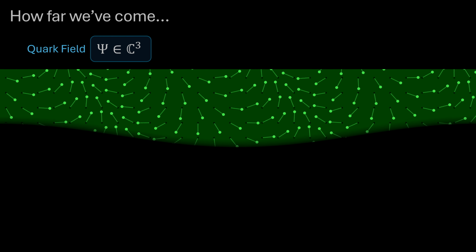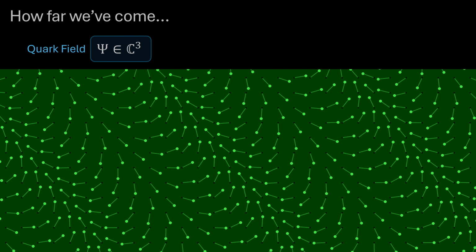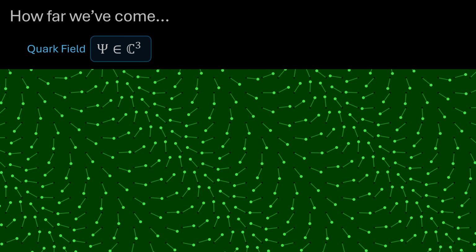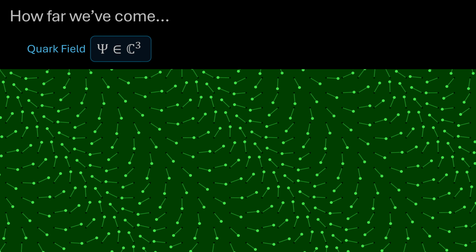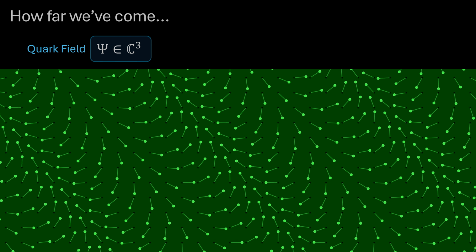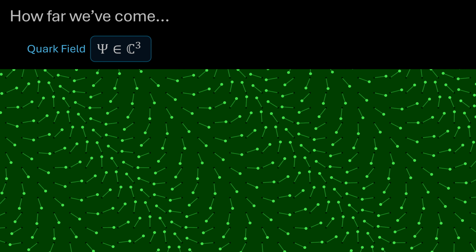All right, well, now that we know how our field strength tensor contributes to the Lagrangian of quantum chromodynamics, let's take a minute to reflect on how far we've come and look at all the things that we've derived from local SU(3) symmetry. So we started out with a quark field, psi, which we've thought of as a color triplet field. Even though the color triplet field is actually 3 Dirac bispinor fields, we've been thinking about it purely in terms of that color degree of freedom, and so effectively we're imagining a triplet of complex numbers.